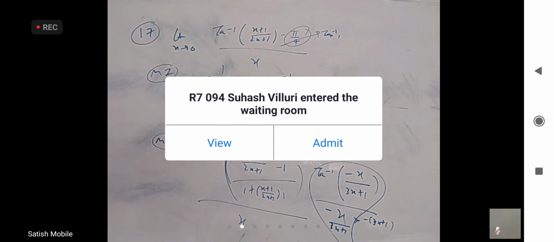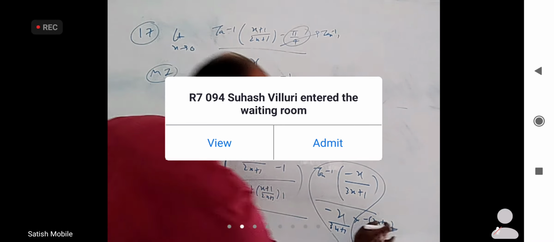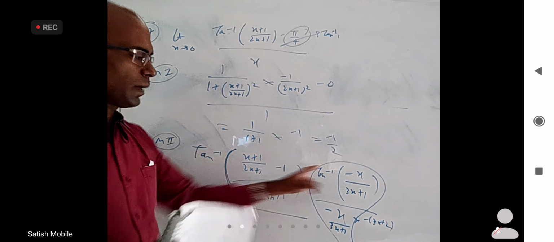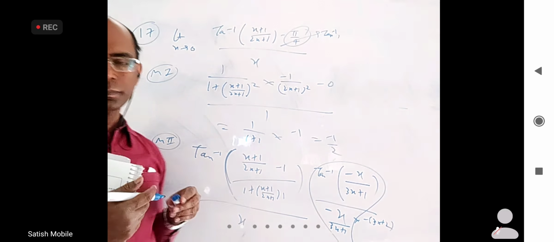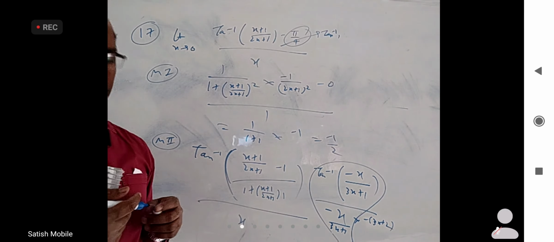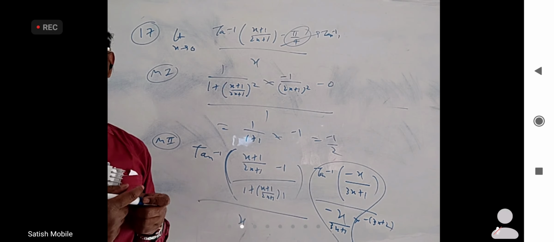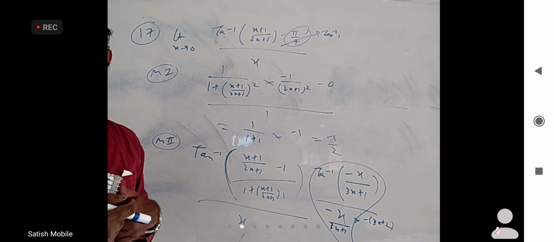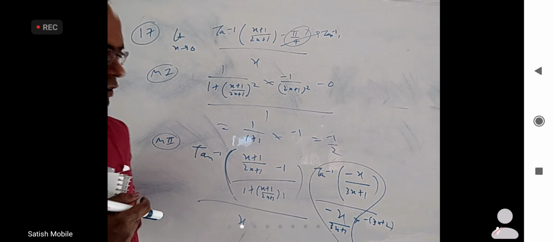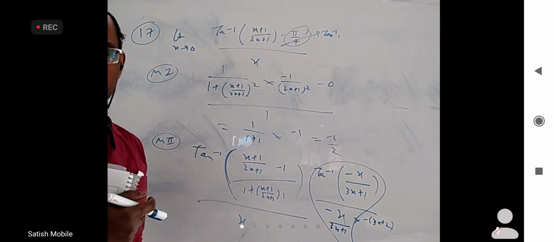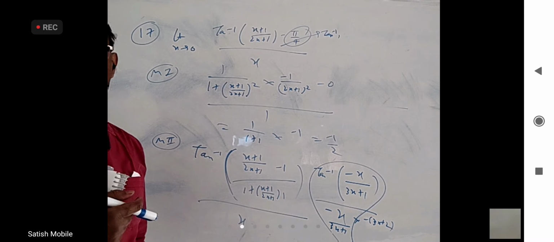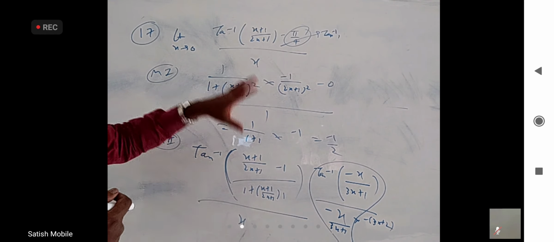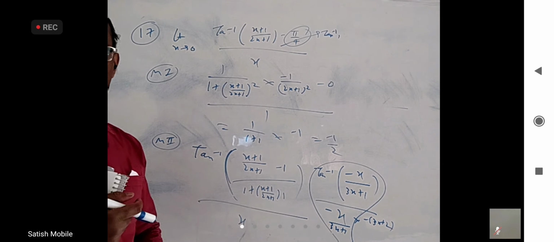But we want minus 1 by 2. So this is 3x plus 2, not plus 1, it is plus 2. So you'll get minus 1 by 2. Is it okay? Whoever asked 17, is method 2 also okay? If any part of it you have not understood, please let me know, I'll explain once again.